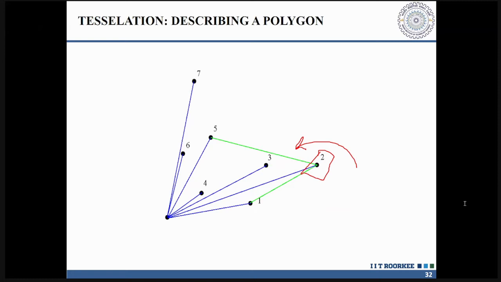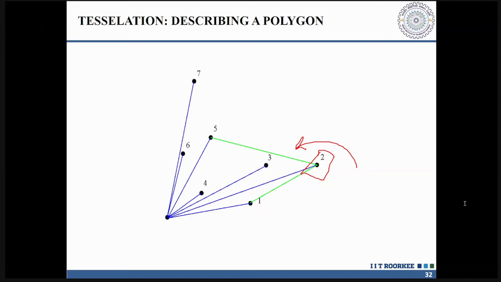Can you tell me what could be a convex polygon? 0 to 1, 1 to 2. Anyone from the audience? 1, 2, 5, 6. No?